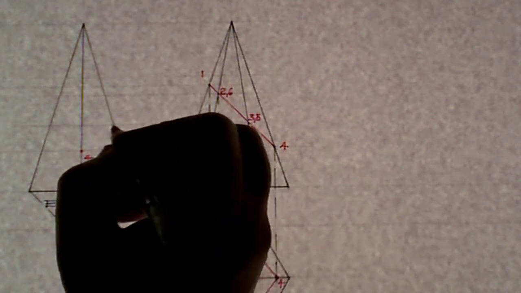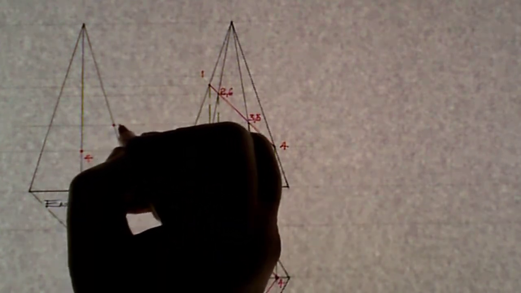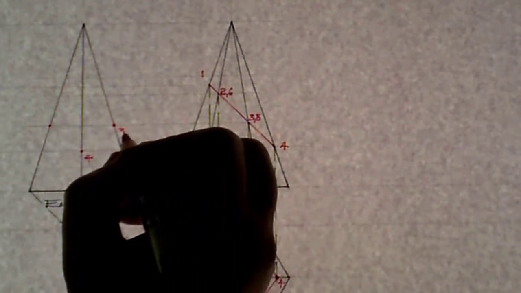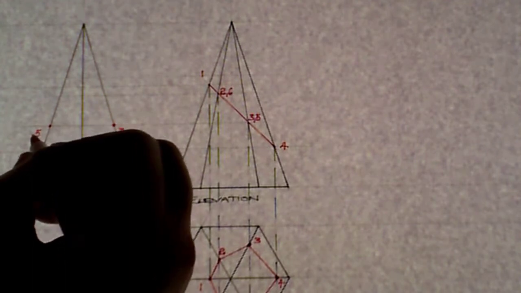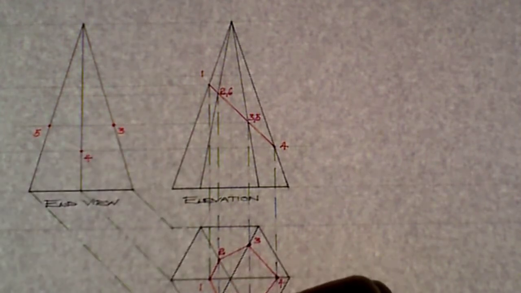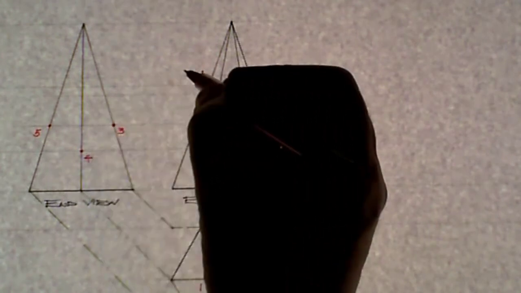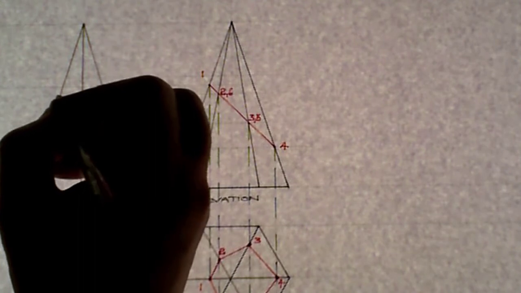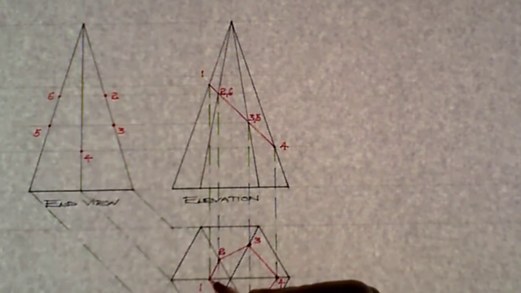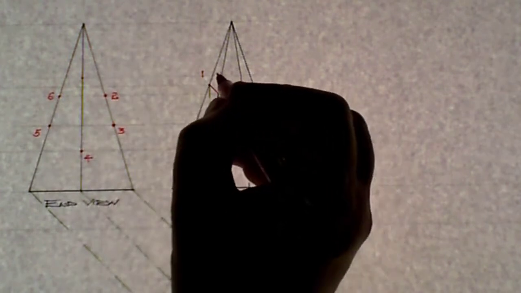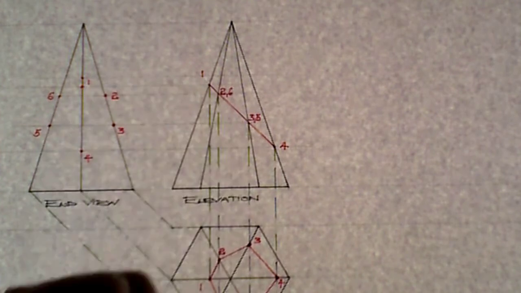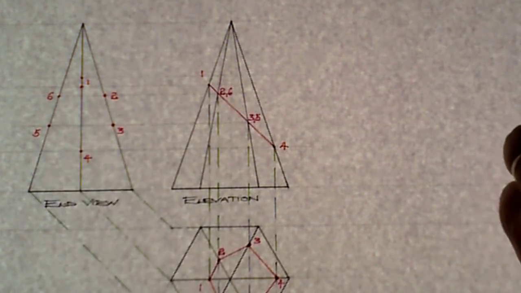So again, this here, that's point 3, and that's point 5. And then 2 and 6, this here is 2, this here is point 6, and then the top point, point 1. So point 1 is here. Okay, so if I then connect those points up on that side view,